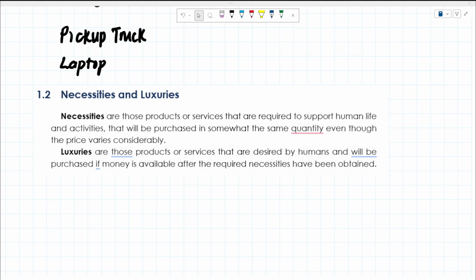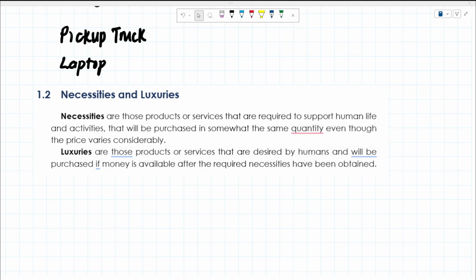Economically kasi, a necessity is a good whose demand remains stable regardless of income changes. Sabi nga natin yung kanin, kahit magmahal pa ang bigas, kahit maging 150 pa ang kilo niyan, 200, bibili tayo niyan, because it is a necessity for us. While a luxury sees demand rise as income grows. Ang ibig sabihin nito, kung madami tayong pera, yung mga luxury na bibili natin. However, in practice, whether an item is essential or not depends heavily on, yun nga sinabi ko, apat: context, culture, income, and profession. So, yun ang pakatandaan natin pagdating sa necessities and luxuries.